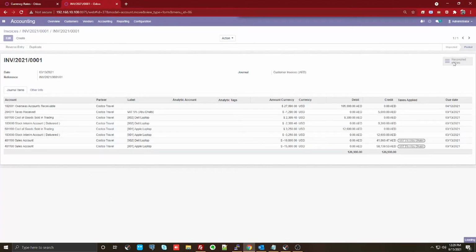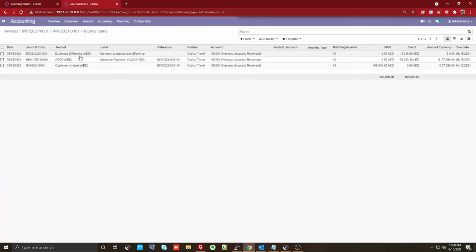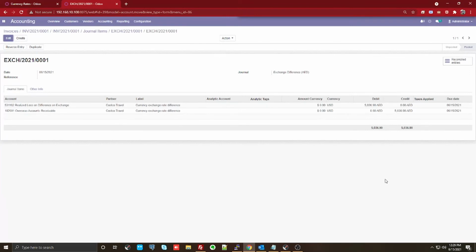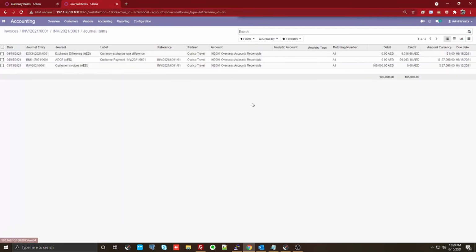And let's look into the reconciled entries. You can see the exchange records here, and you have the exchange variation which is automatically coming into the system. So this is a very simple example which shows how exactly the system is automatically capturing all the realized currency variation. So here you are not manually interfering with it.